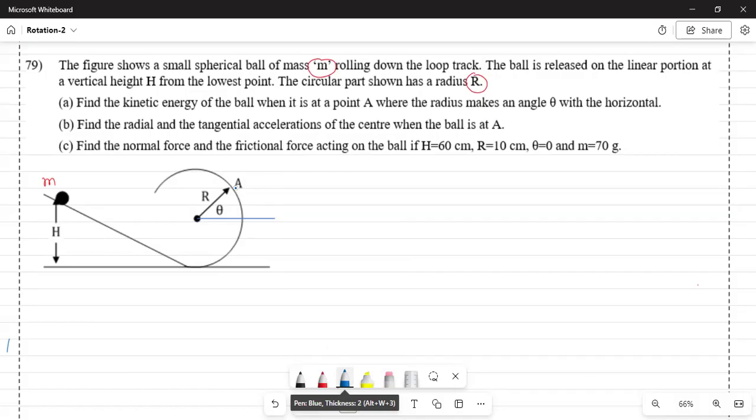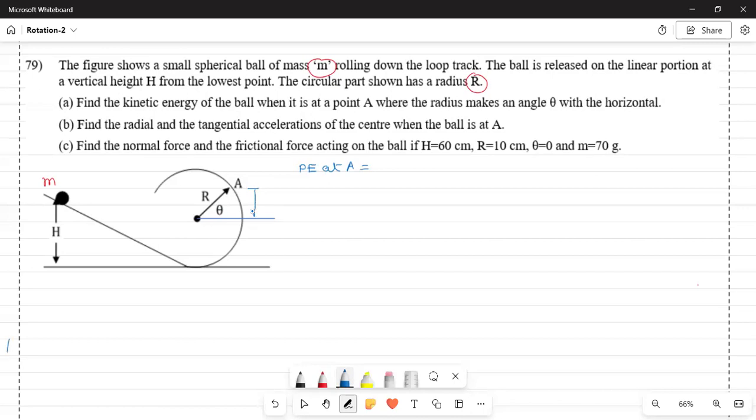So, what is the potential energy at A? So, potential energy at A is equal to,